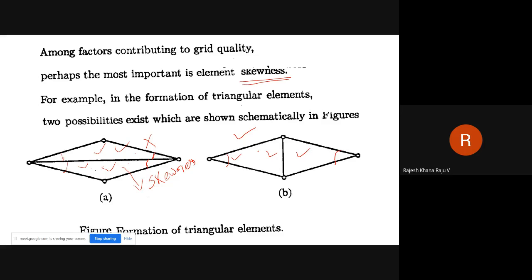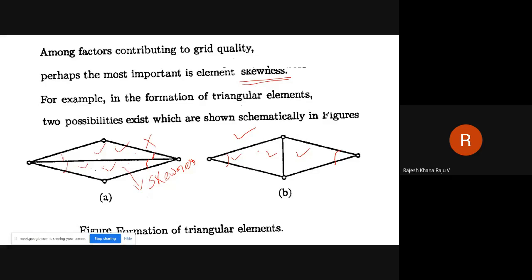So that is one of the demerits associated with this triangulation method, because of which it is not so popular. But the beauty of this scheme is that if you are a beginner, you can implement this very easily and straightforwardly.